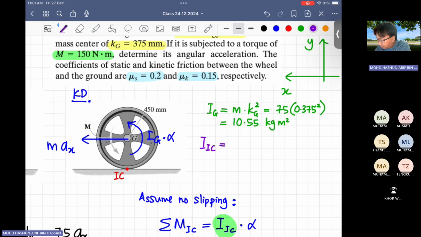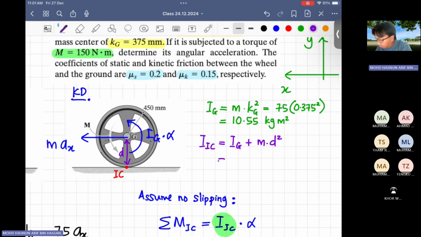theorem. IIC is equal to IG plus M times D square. Remember, D is the distance between IC to G. So basically, this is the distance D, which is 450 millimeter. Convert to meter, it becomes 0.45 meter. So this will be equal to